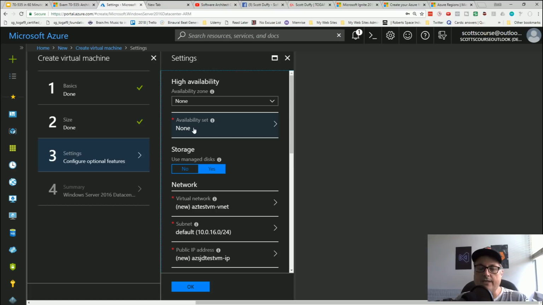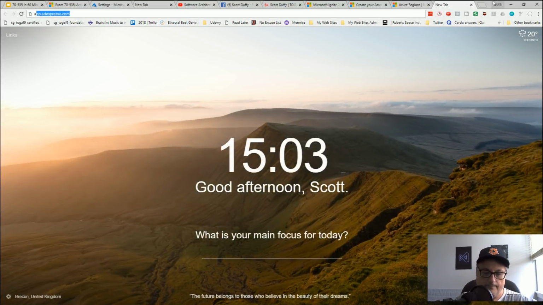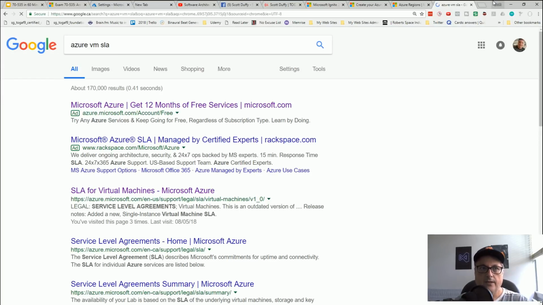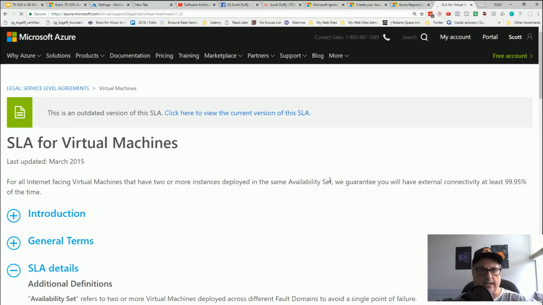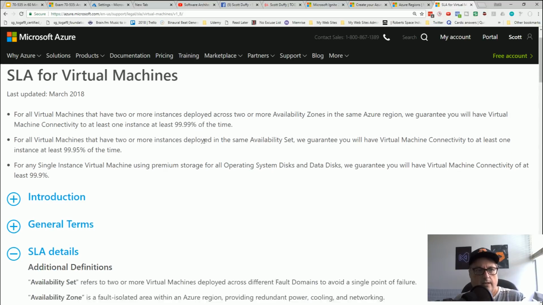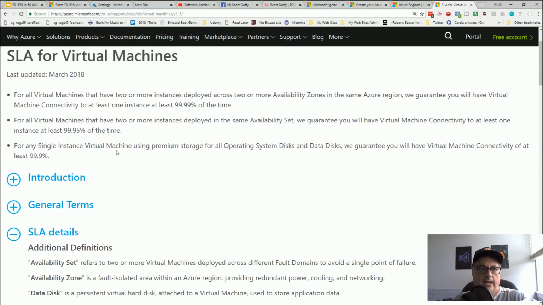Now, Microsoft used to have an SLA for virtual machines that only included virtual machines that were in an availability set. Well, they recently revised that for virtual machines, actually probably the current version of SLA. The latest one gives you 2 or more instances across 2 or more availability zones. So we just talked about availability zones. Then they're giving